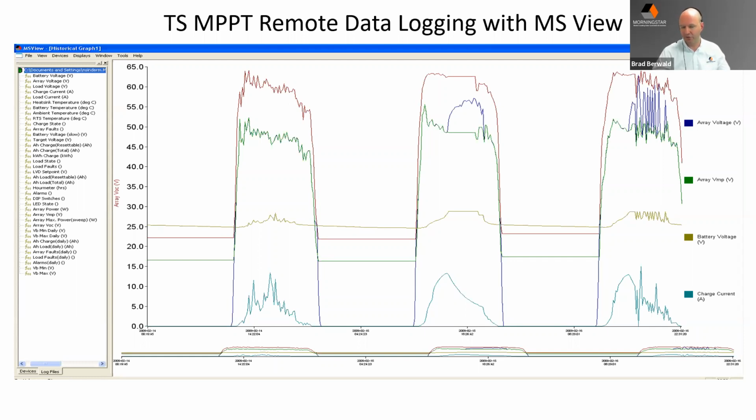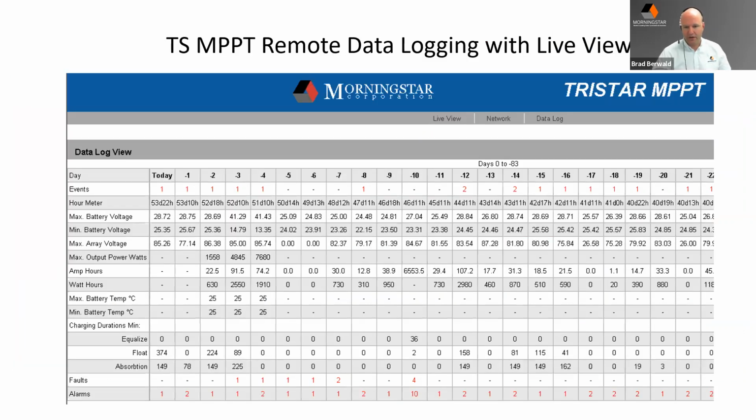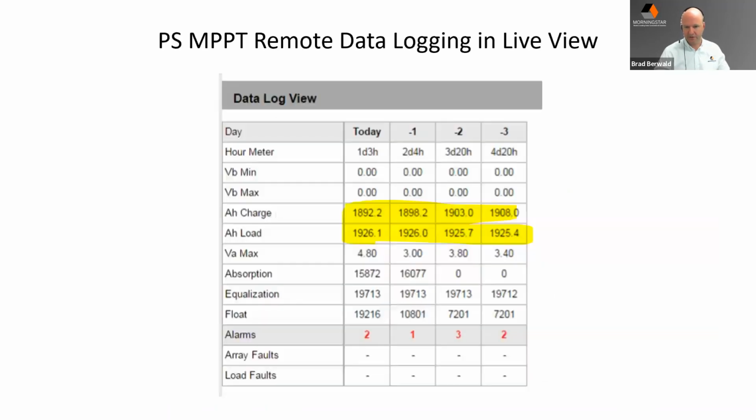So this type of information is really useful, can be stored internally in the controller, as well as captured remotely over a data connection. And then a lot of our products just have a built-in web page to serve up data using a phone browser or any type of device that can display an HTML page, can pull up this graphical data in a column format from within the controller or within our different data products. And you can see there a nice way to see minimum voltage, maximum voltage, what's the average output of power, you get your temperatures, and also any faults or alarms are noted at the bottom there. So a lot of these tools are available to get this kind of information.